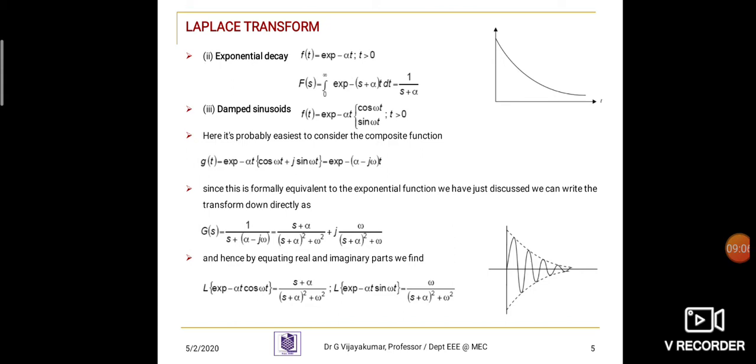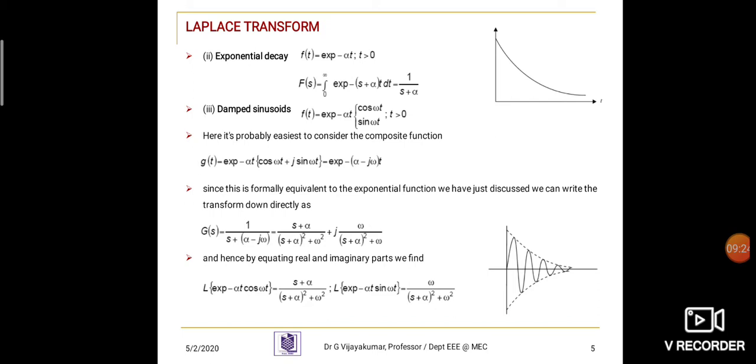That can be represented as exponential of minus alpha minus j omega of t. Since this is formally equivalent to the exponential function we have just discussed, we can write the transformation down directly